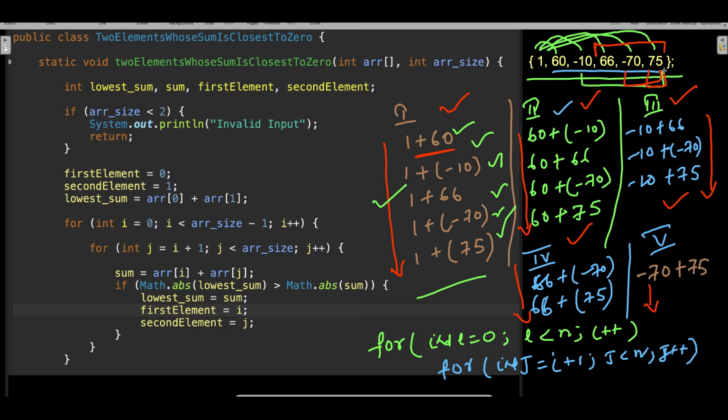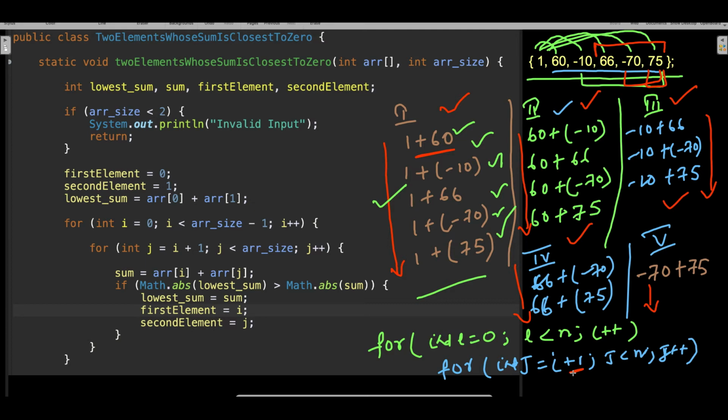You understood now, carefully, right? Which means every time your j should be ahead of i. That is the reason I am doing that i plus 1. Clear for you, right? Now try to write the same thing in code. Whatever I have explained, now try to write the code. So we have to do the, guys, now understand.